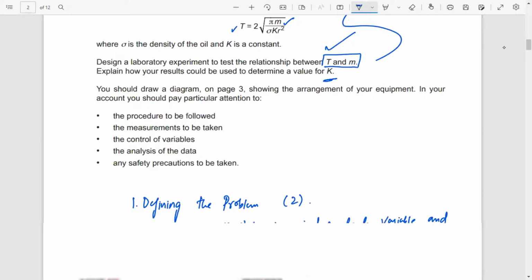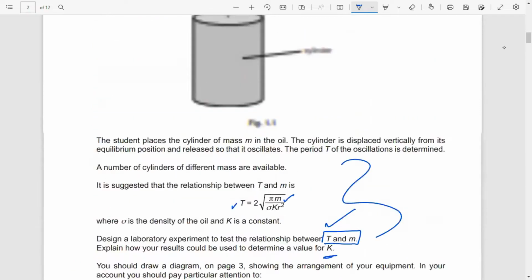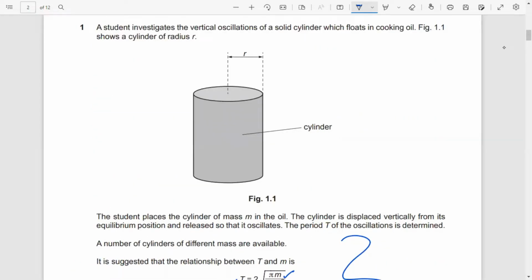ठीक है जी. तो दूसरा है, what you have to do is you have to draw a labelled diagram of a workable experiment where you would have a beaker with cooking oil on a bench. You would have a beaker and that would be placed on a bench and that would have a cooking oil. The container can be supported by a stand where the stand is on the bench, right? ठीक है, इस तरह से आप कर सकते हैं. Cylinder would be partially submerged in the oil because it's going to oscillate and you will label the cylinder and